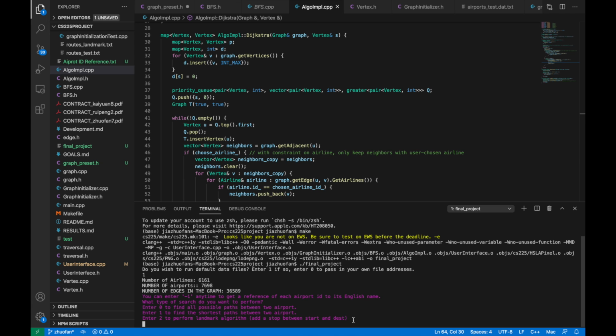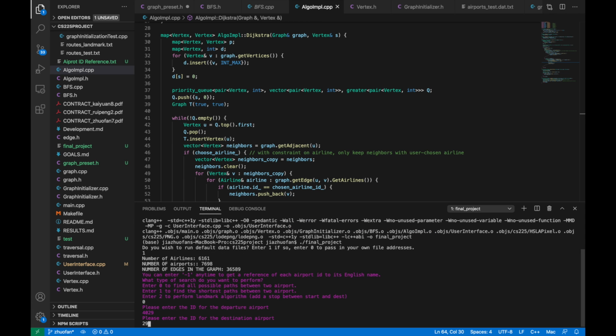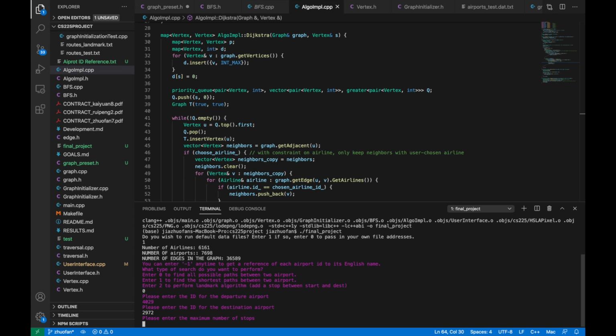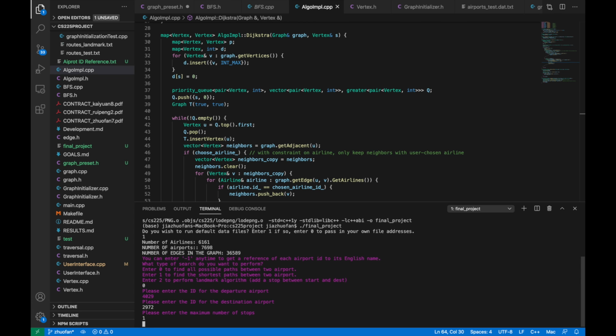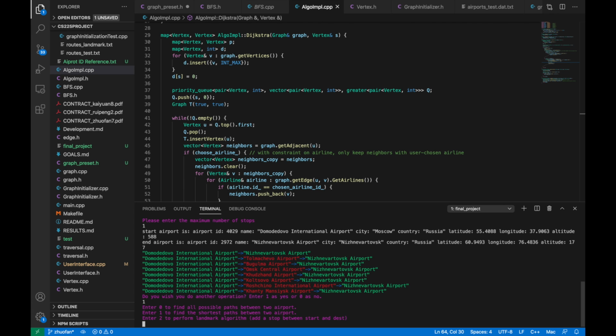So for the first one, we test to find out possible paths between two airports. We hit 0, and I will use the example that I found before. So I enter the IDs for the two airports, and then there's a constraint about the number of stops, and I will enter 1. Now listed below are the available paths from these two destination and departure airports, and we hit 1 to continue. And the second deliverable is to find the shortest path between two airports,